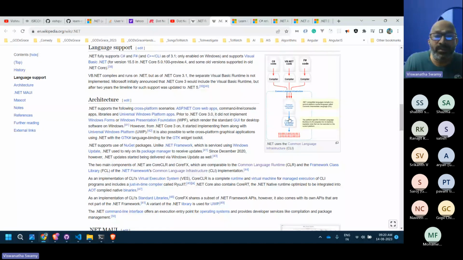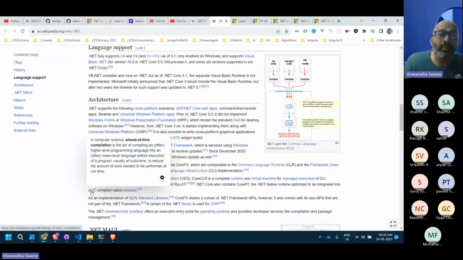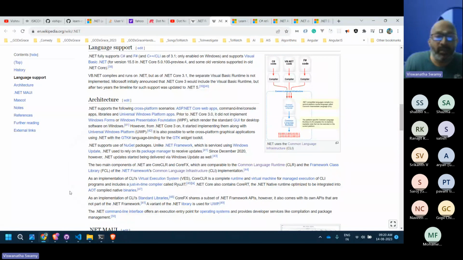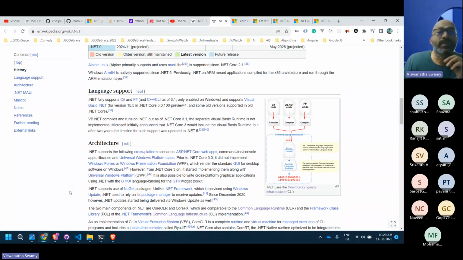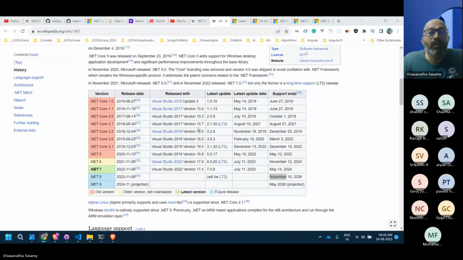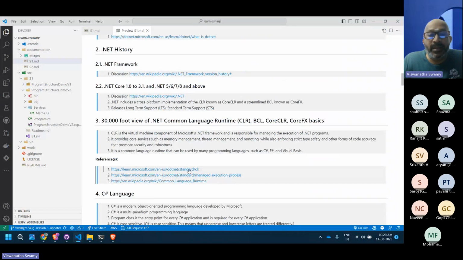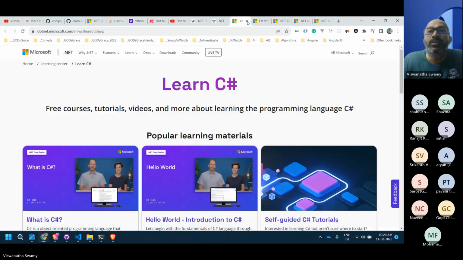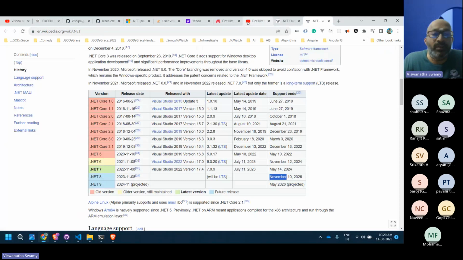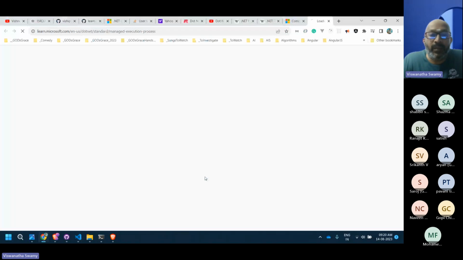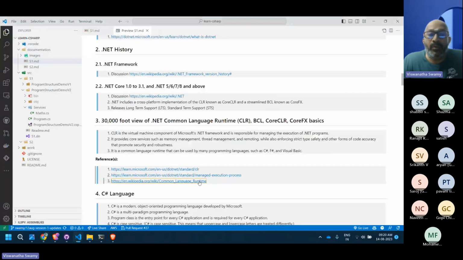And recently, along with .NET 8, they are releasing ahead of time compilation. I didn't explore the ahead of time compilation, so I'll just keep it as it is without discussing anything on that one. And let's understand these things. I'll close all these browsers so that we get some extra space to discuss those two important ones. I closed the browser which I needed. So this one and this one and this one, and then we'll start programming.